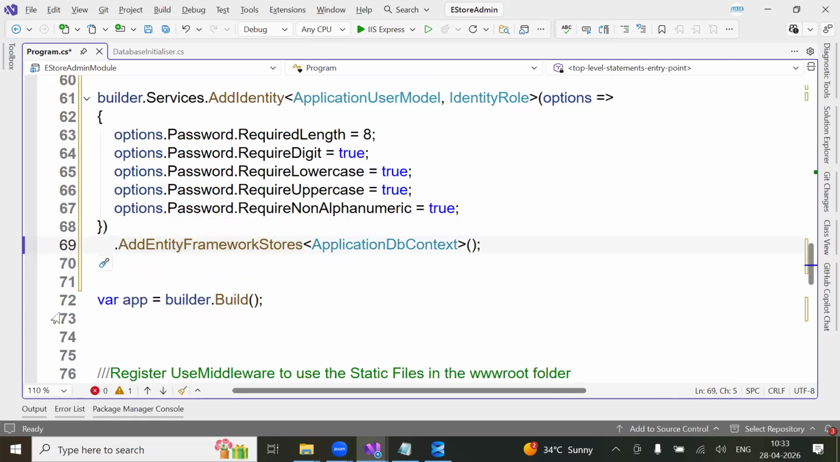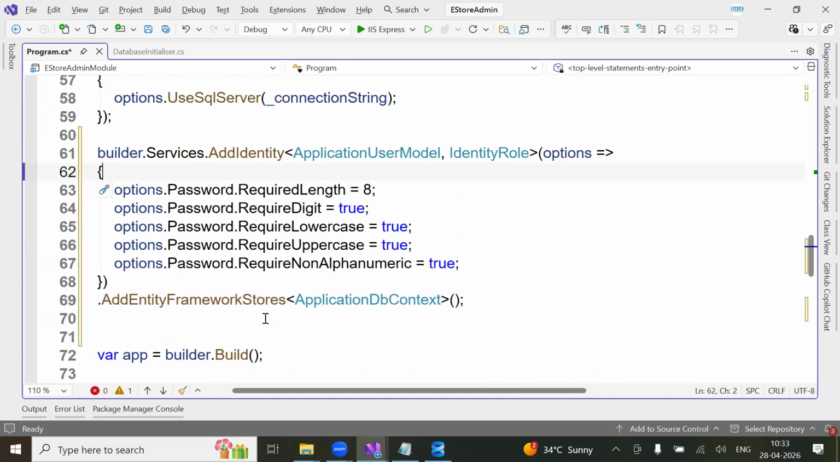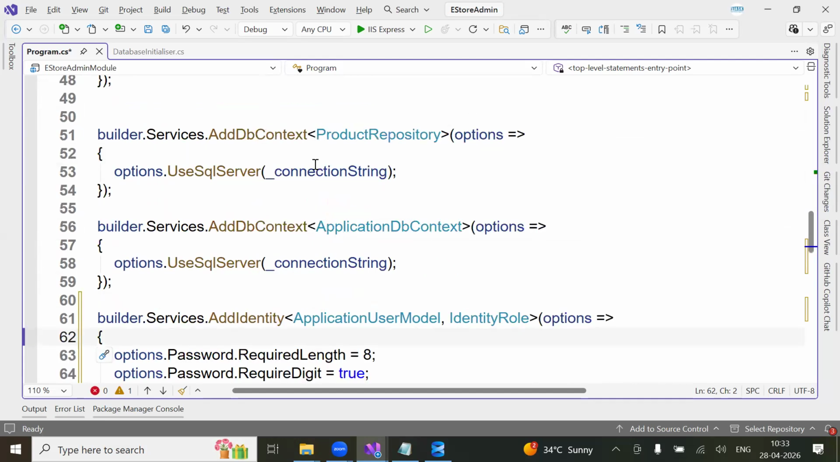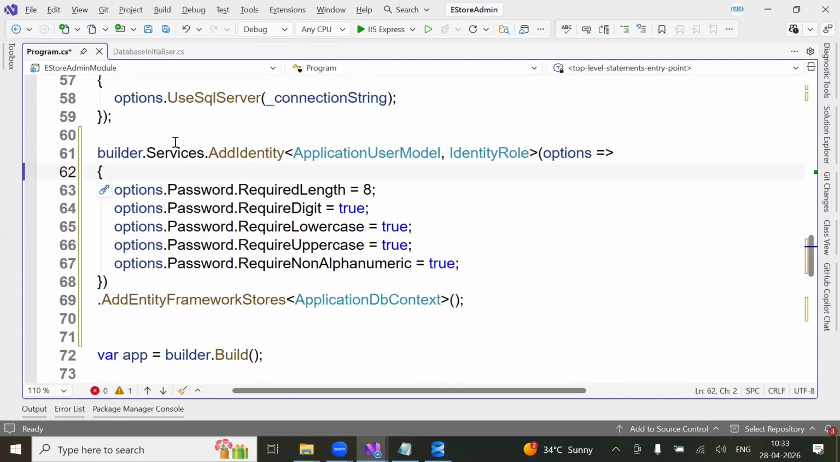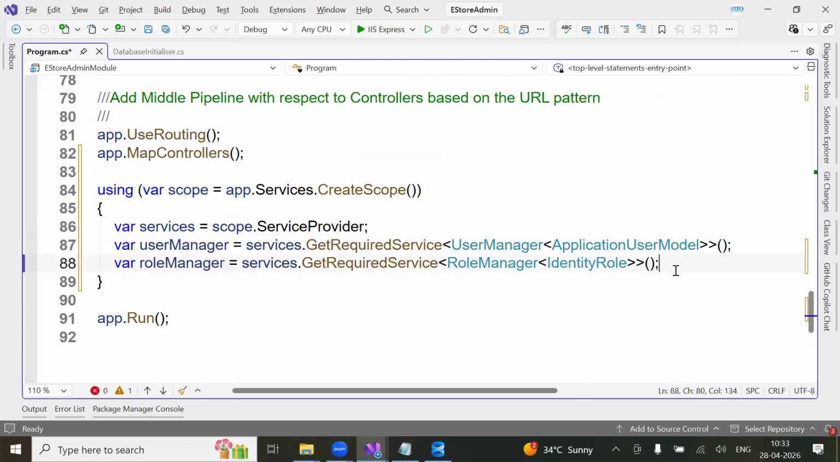Say yes or no. You are adding an identity with the help of the application user model and identity role, and it is going to be used by the application DB context. So you are creating objects for the user model and identity role in the builder.Services method. Here you are creating an object of your application DB context. Here you are creating your user model and identity role objects, holding them in builder.Services. Those information you are going to pack here and then